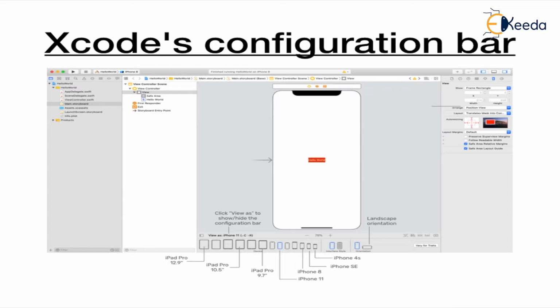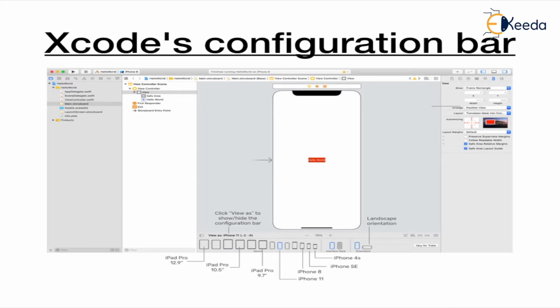By default your design orientation is portrait. If you want to design your application as landscape based, you can also choose this option in the orientation.